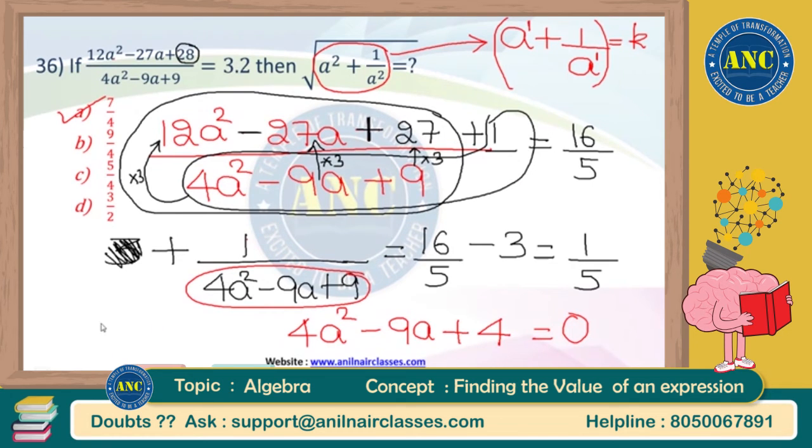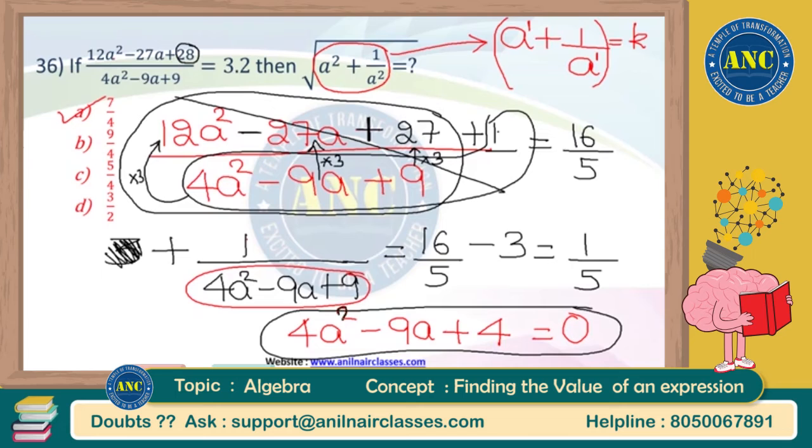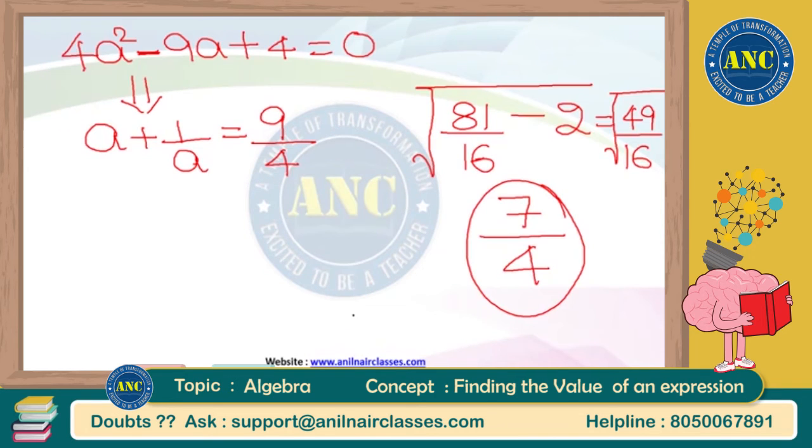If you personally ask me, you should not write these steps in the examination. Looking at the question itself, you should make sure that this value is 3 and the remaining is these things, and this is 16 by 5 minus 3, and you should directly try to get this equation. These are all fast calculations, mental calculations. Mental calculations means everything should be done mentally. Everything should be calculated in your mind itself. You should never put your pen on the paper to write all these things in the exam and waste your time, sir. You should have practiced so much that this strikes your mind so fast, and you get this equation directly. From there you know how to solve it very easily, sir.